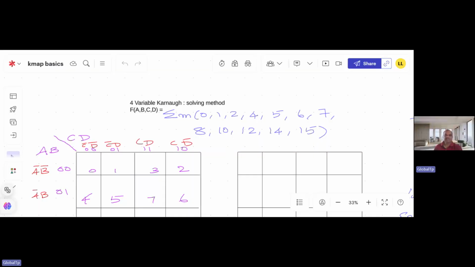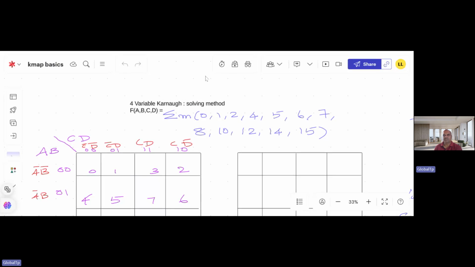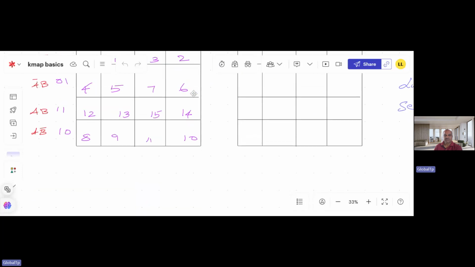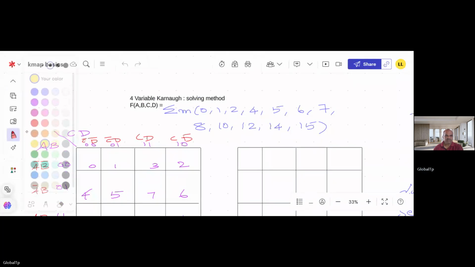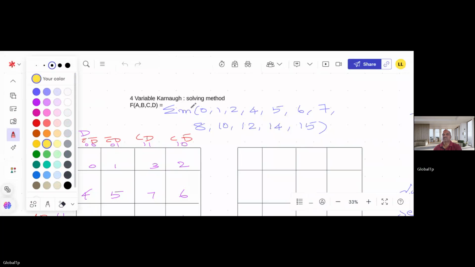On digital electronics. In this class, we are going to see how to solve the 4-variable Karnaugh map and its basic techniques. So usually a 4-variable Karnaugh map problem will look like this. That is, they will usually give some numbers. Everyone knows this, but what is the real intention is,